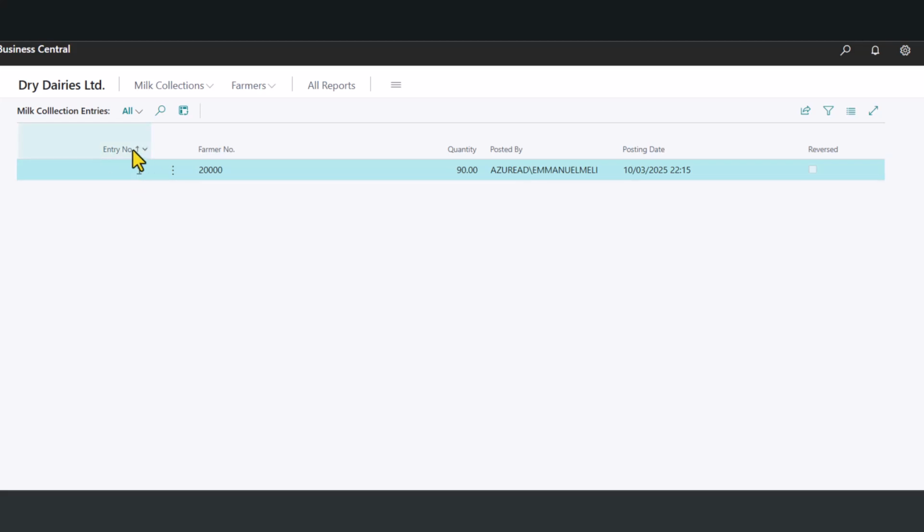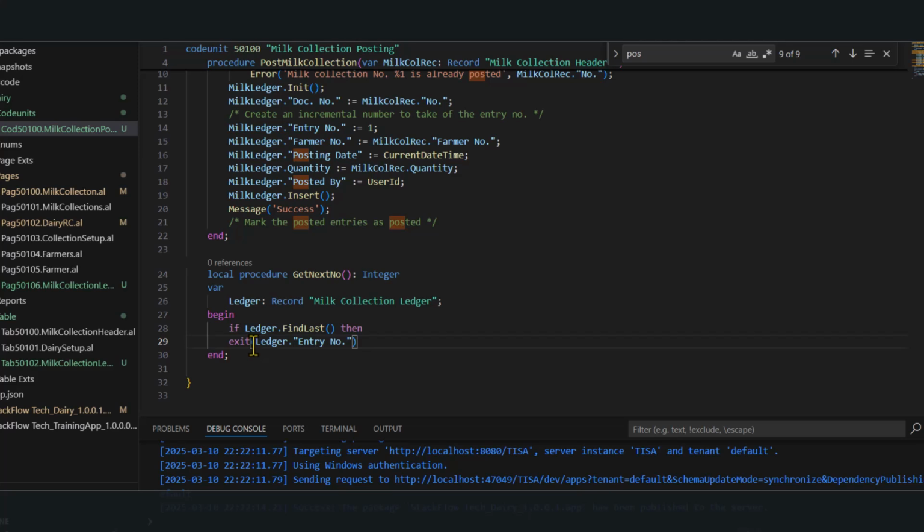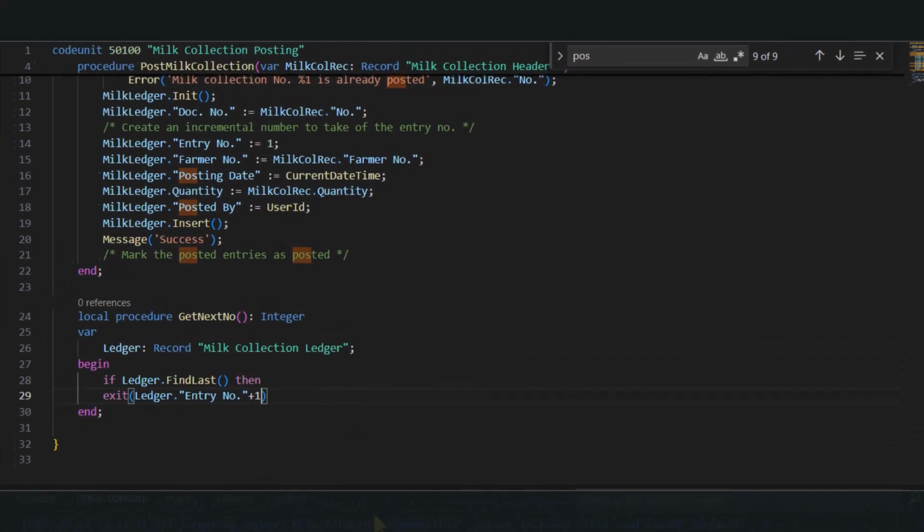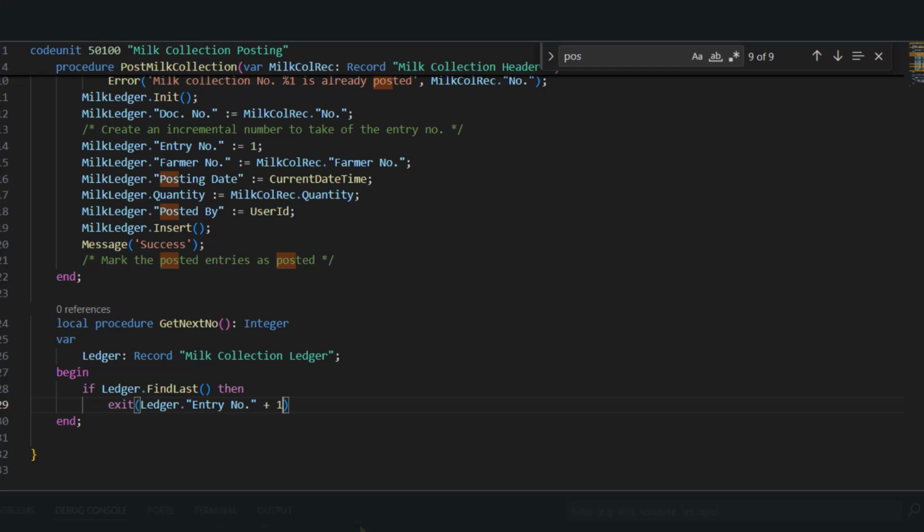So the last one will be this record here, and the last one will be number 1 right here. So it will get 1. But now we need it to be intelligent enough to get us the next number, because we've called it get next number. So it will just add 1. So we are asking it that whenever you get any number, please add 1 for us